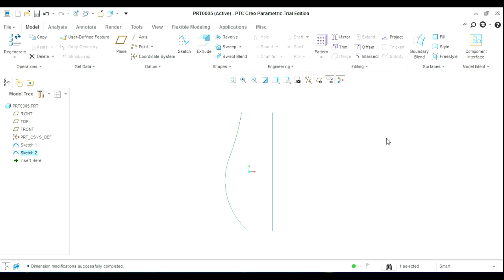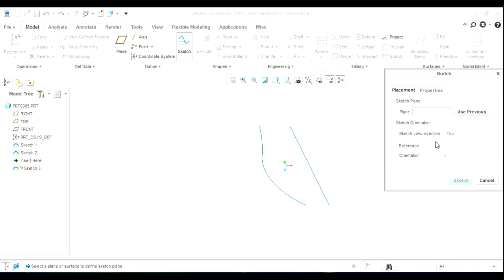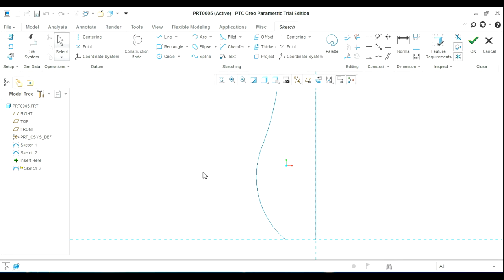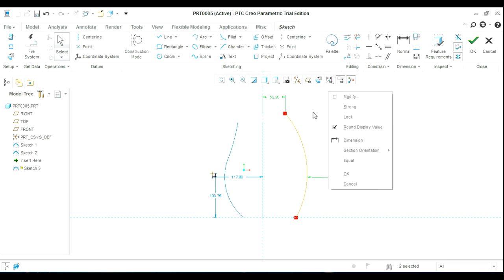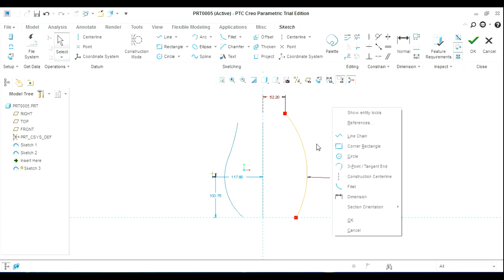By pressing the OK button, accept the sketch so that you get the first guide curve. Similarly, the second guide curve is to be drawn on the same sketching plane using the use previous option from the sketch tool. The second guide curve is also an arc of 240 units radius. Lock the existing dimensions.